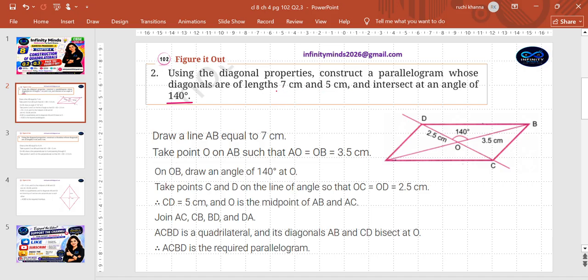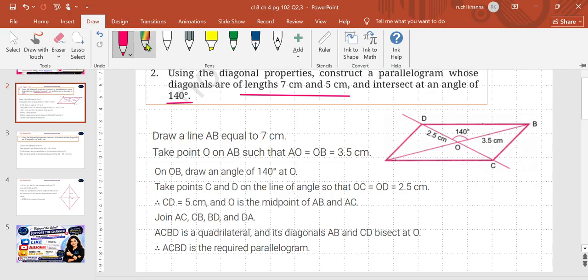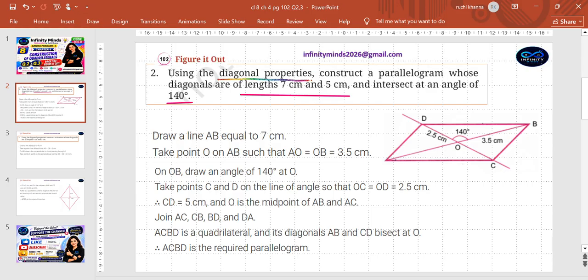Okay. So what yesterday also I had highlighted in the video, what all is given to us. First of all, the lengths of the diagonals. You had a question on quadrilaterals where the diagonals were given of equal length. So fine, and then eventually we had concluded them to be rectangle or rhombus. There you were told about the diagonals bisecting each other. But here that is not being told. Instead, you have to use diagonal properties. It is asking you to use diagonal properties.